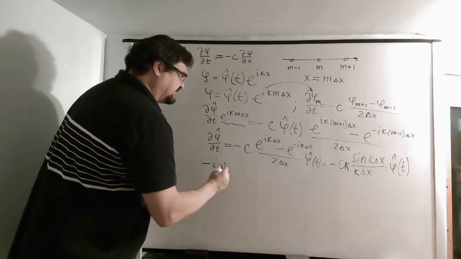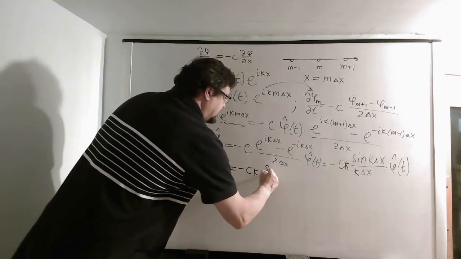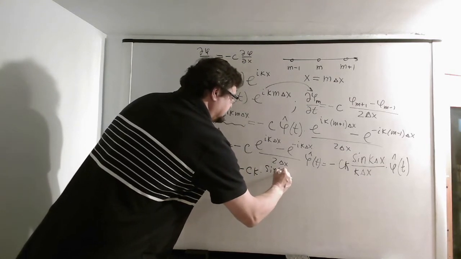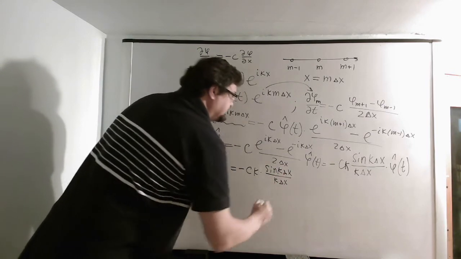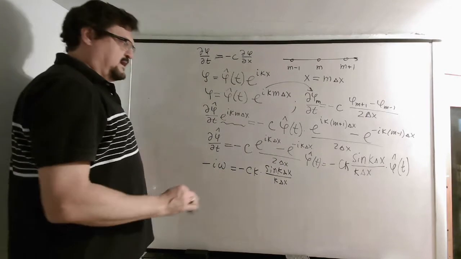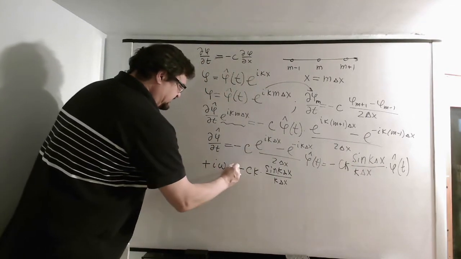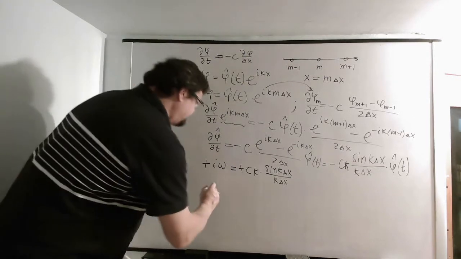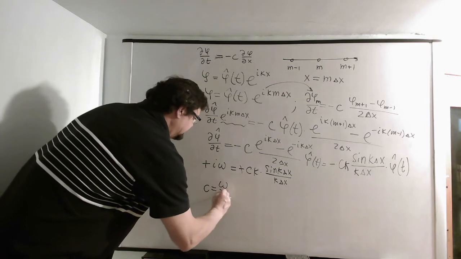If we differentiate it like that, it equals minus ck times sine k delta x divided by k delta x. And well, this exponent will cancel. So we have our dispersion relation that now c equals omega divided by k,